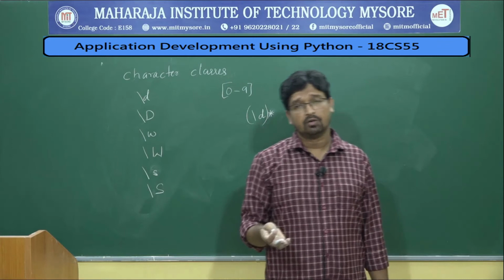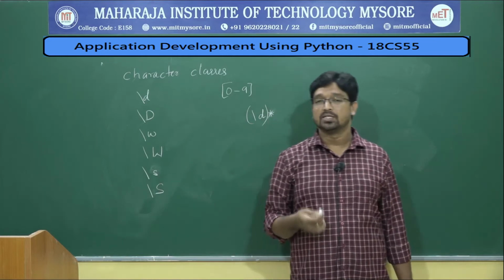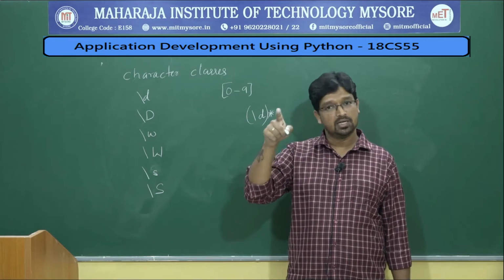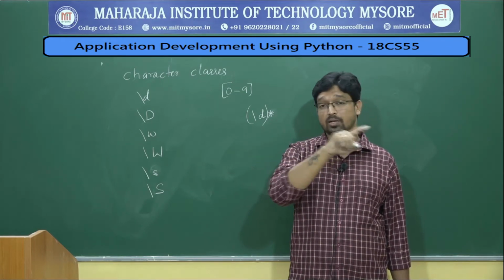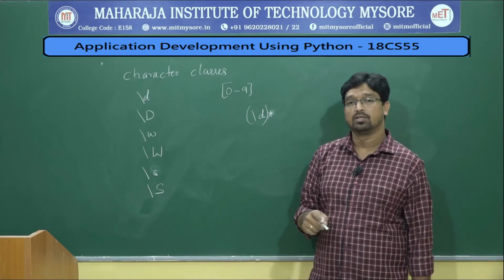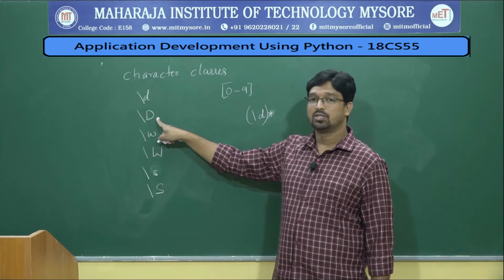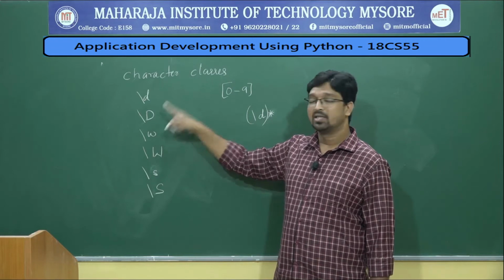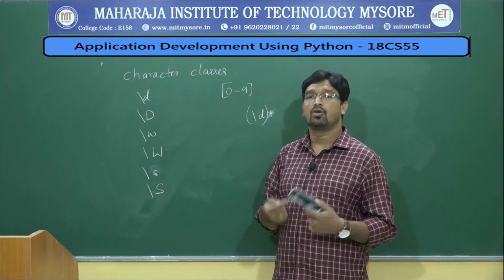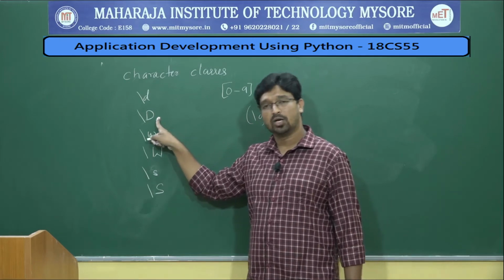Let us say phone number. Phone number can be checked in two ways. How do you check a phone number? You can check the phone number in two ways. First way is whether all the characters are digits. Second way, whether all the characters are not non-digits. Even like that you can check. Here we are using small d to check whether they are numbers. Here we are checking whether they are not numbers. Let us say name, first name or person name cannot contain a digit. So for that you can use capital D to check whether it is not a digit.